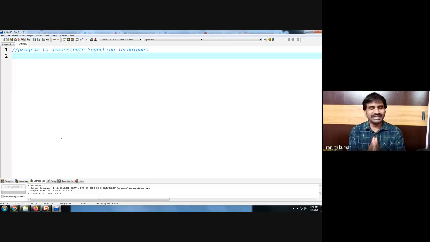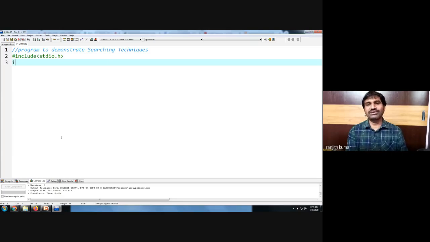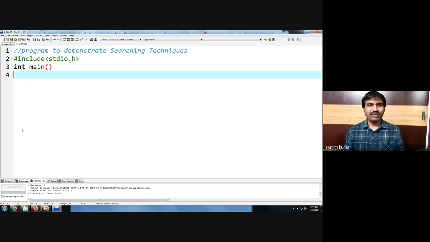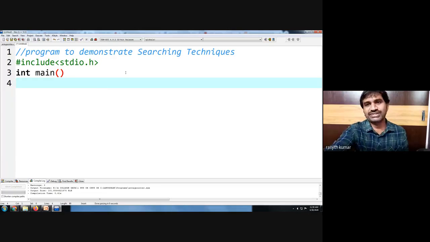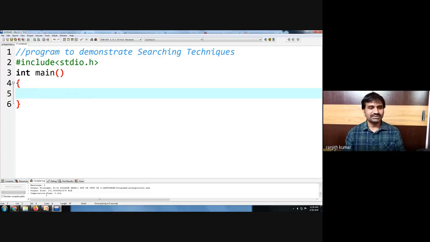Are we clear? Getting a program is very easy because we can browse it from the net. It is not a big point, but please learn how to write a program, how to compile it, what the different errors are that you get and how to correct them. So please learn in this kind of way, people. So #include <stdio.h>. I am writing from pin to pin, from #include to each and every point. Now in this program, we are writing everything using functions only. Let us learn carefully. Are we clear? So what we do,